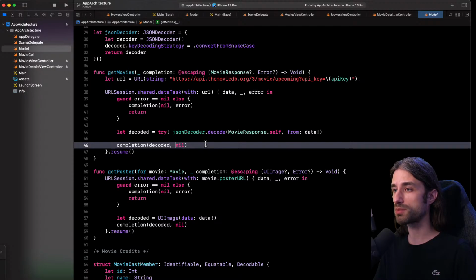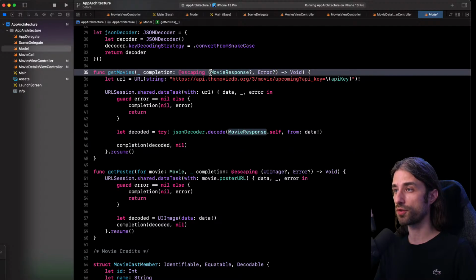The issue is that when we represent the result through these two optional arguments, there are actually four possible states that can be implemented. Of course we can pass a value for the first argument and nil for the second, or nil for the first argument and an error for the second. But we can also call the completion handler with nil for both arguments, and the compiler won't complain.